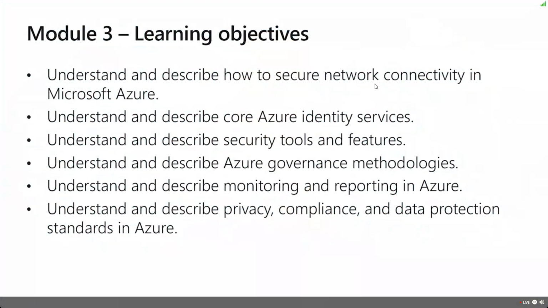But like I mentioned before, this can be a whole topic, a whole class. As a matter of fact, it is. If you really want to become a security expert in Microsoft technology, specifically Azure, take a look at the course AZ500, and it's security in Azure. You basically get 4 to 5 days of all this stuff. So we're going to dig right in, and really we're going to start with a concept around defense in depth.